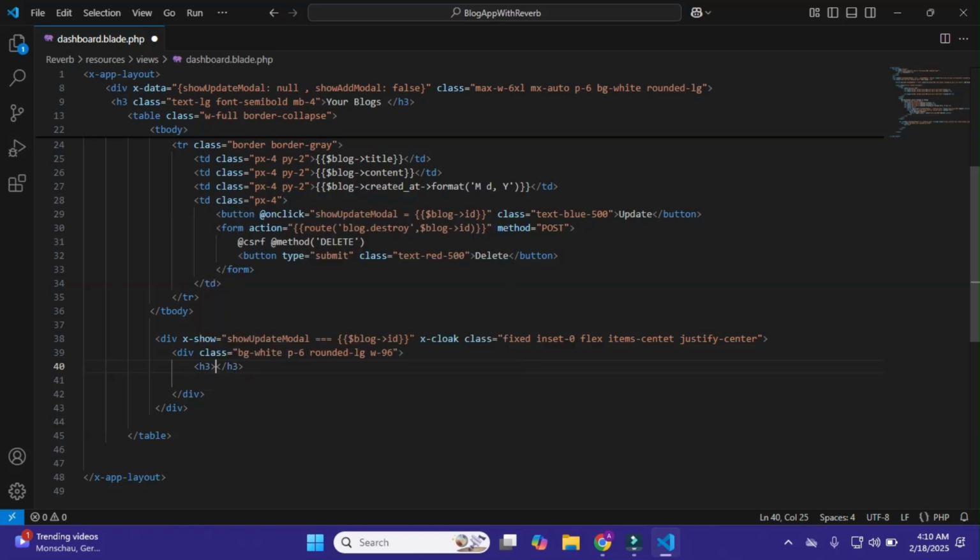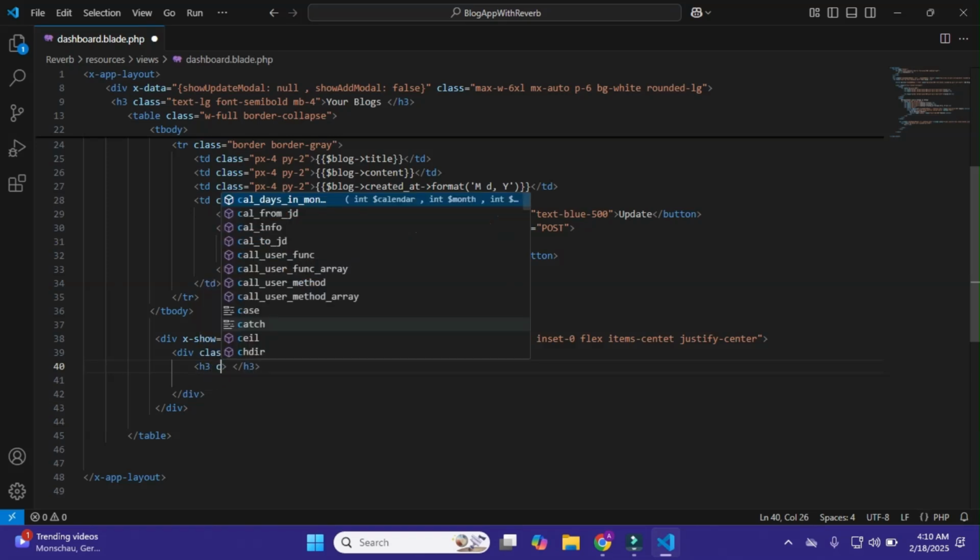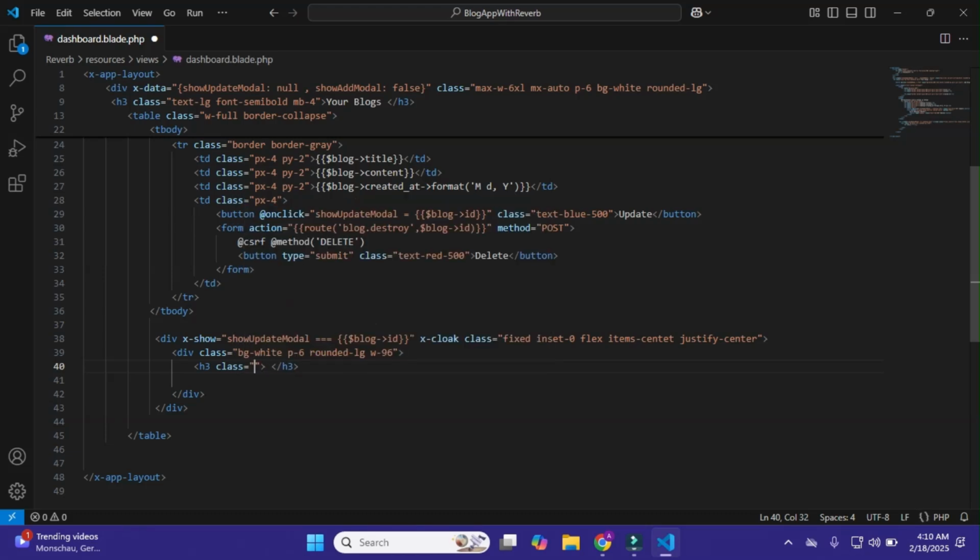And after it I'll simply make it h3, give it class text-lg font-semibold, and I'll make it "update blog".